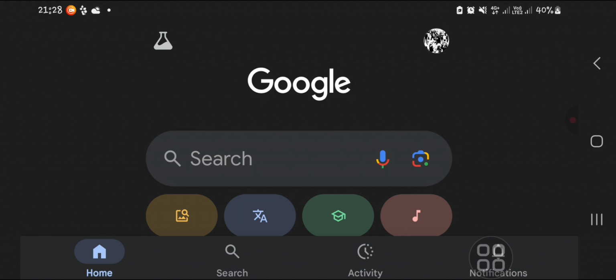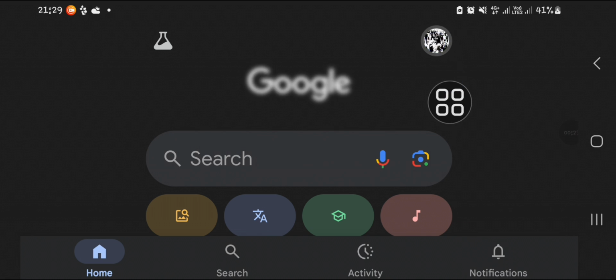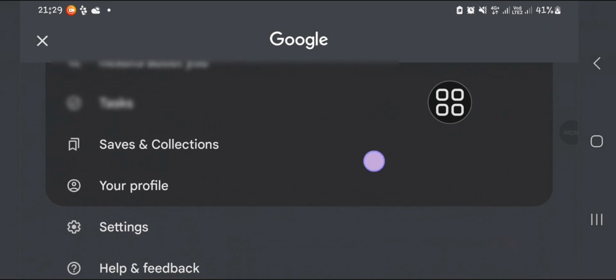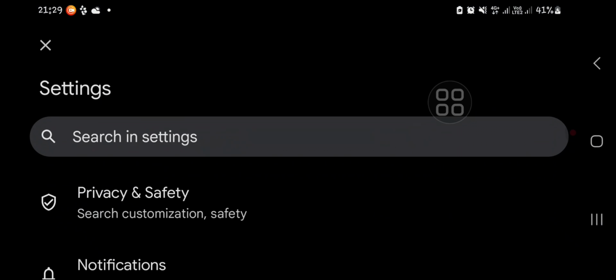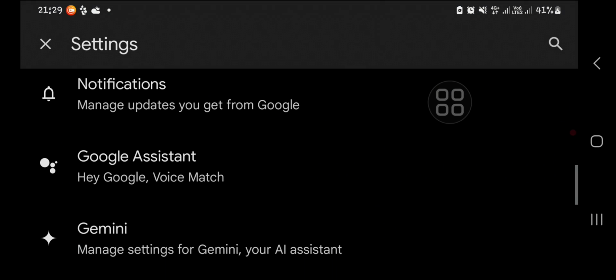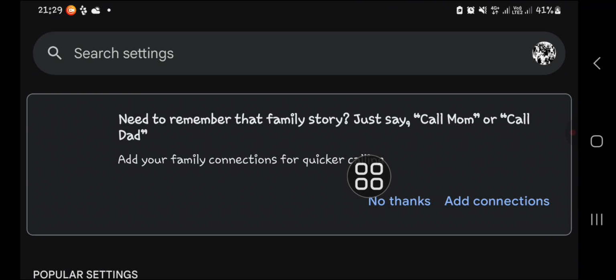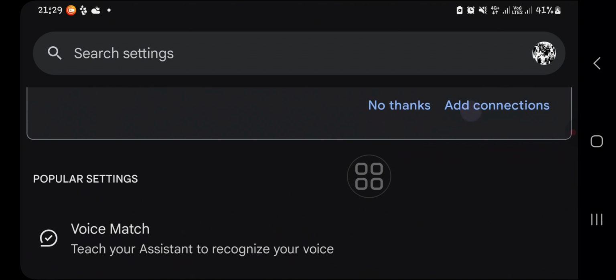First of all, you need to open up your Google application on your Samsung Galaxy phone and you're going to go to the Google setting. So you can click on this profile icon and you're going to scroll down until you find settings menu. Okay, in the settings menu, you can select Google Assistant or Hey Google, and you will be able to activate